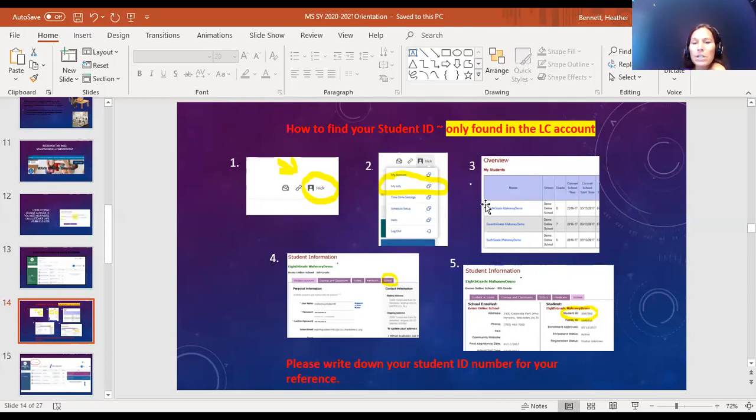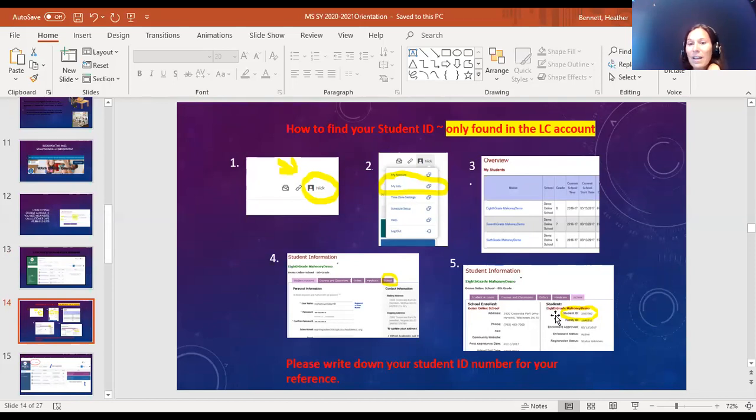So you just pick one of your students. Let's do the 8th grader. Pick that student. And then you can see all of that information. So this is pretty cool because you can see their account information, their password stuff. So maybe they forgot their password. You can find it. Their courses, orders. This is a big one. Families are asking about their orders. You can see that right here. And to find their ID, it's under the School tab.